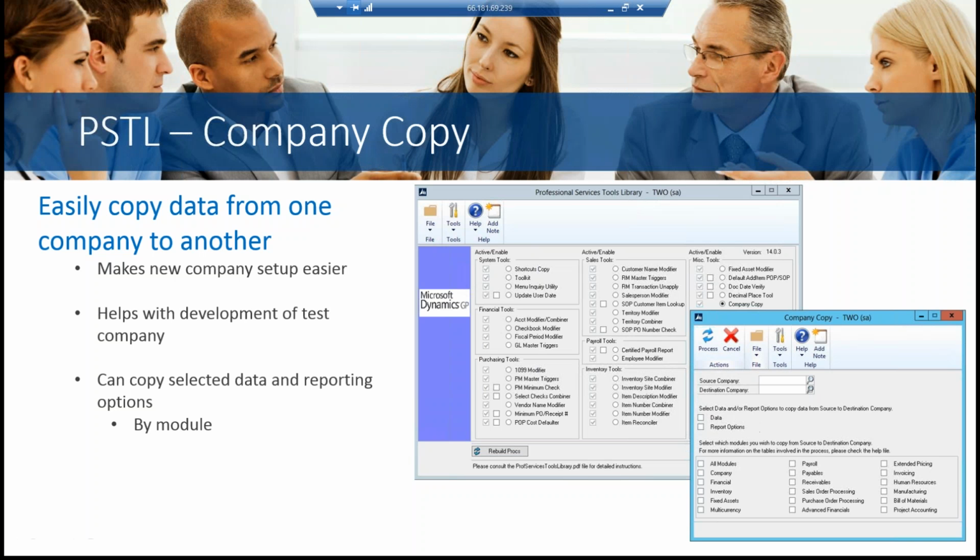So that can be very important because you've spent time and you've groomed your existing system to be what you need it to be. And especially if you're setting up a test environment or you're mimicking one environment for a company to another, this really makes it a lot easier. So also then you can select which modules you wish to copy from the source to the destination, and you can see there's a list of all the modules. So this allows you to very easily take data elements that you have in one company and move that over